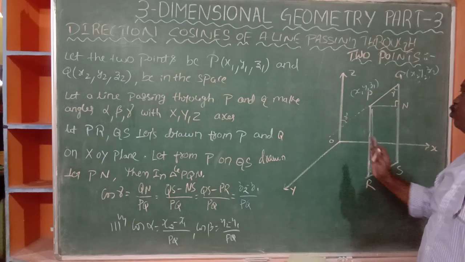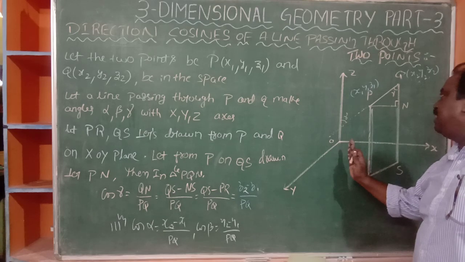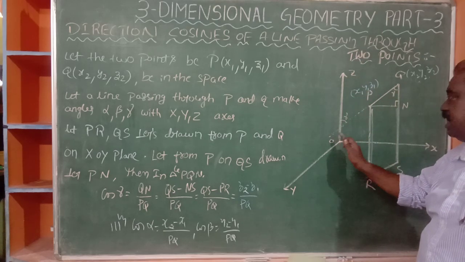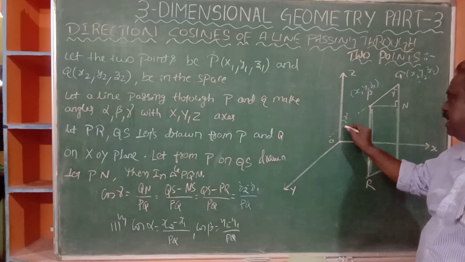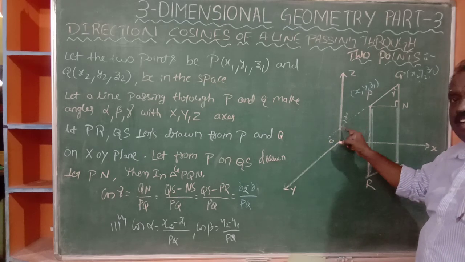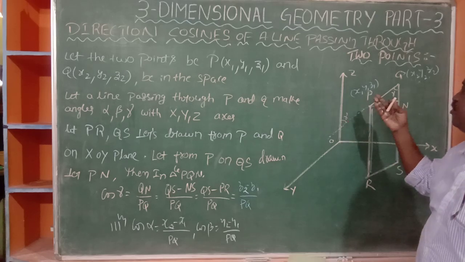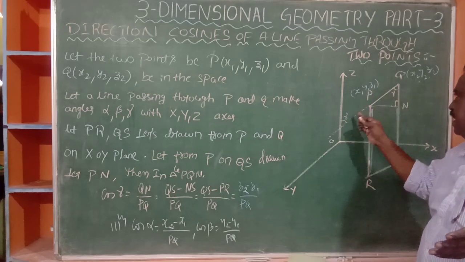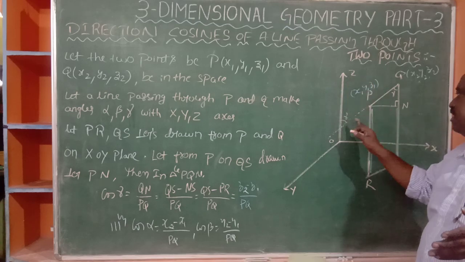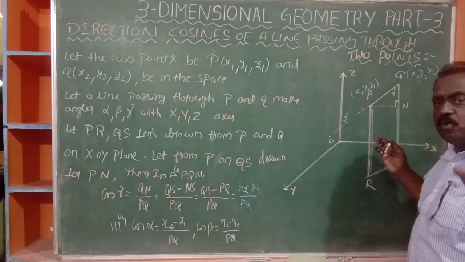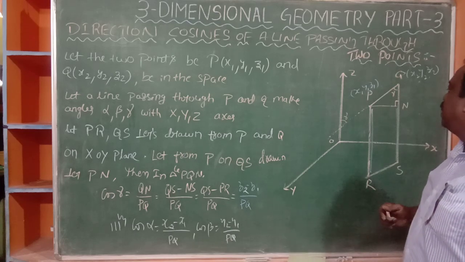Okay, now you see, here this is the z-axis. This line, if it is produced and cuts at some point, it is not needed to mention the point here. At some point it cuts. So that angle with the z-axis is gamma. Okay now? Like that, simply we may take it.